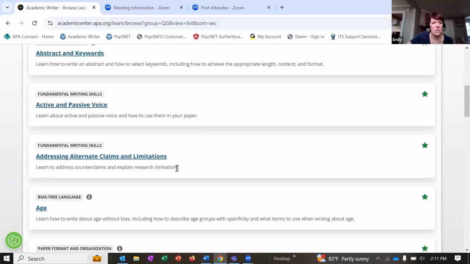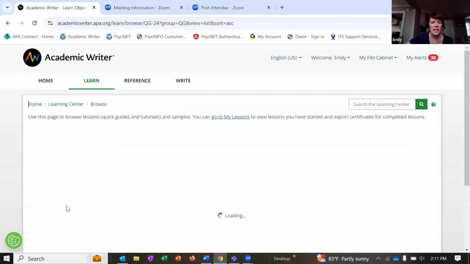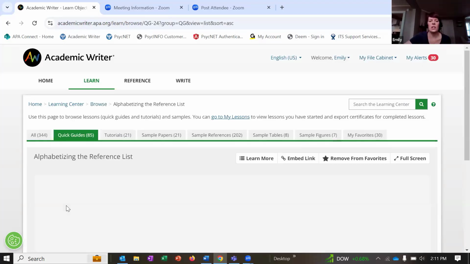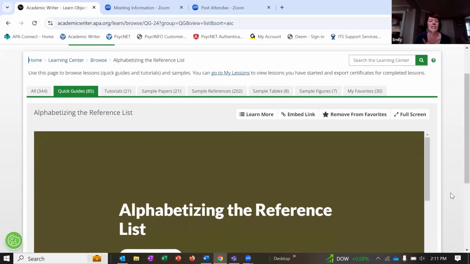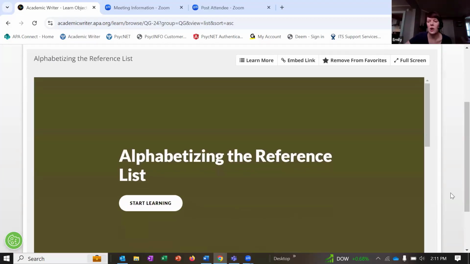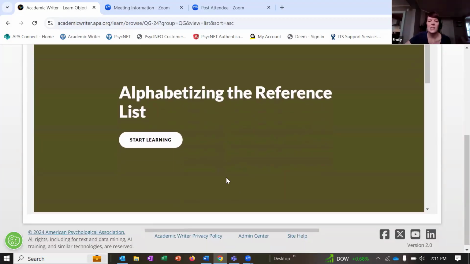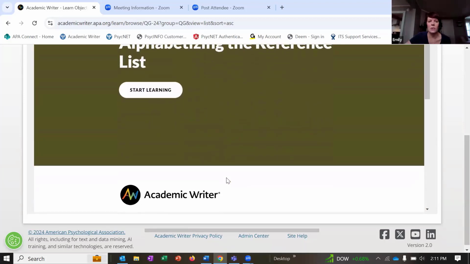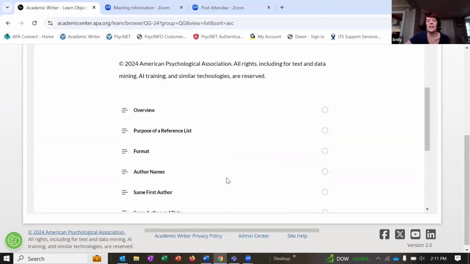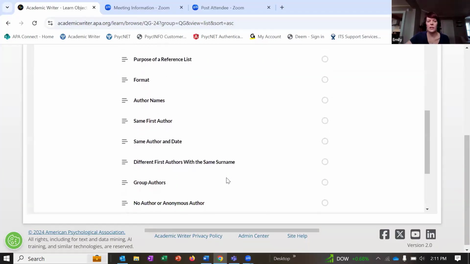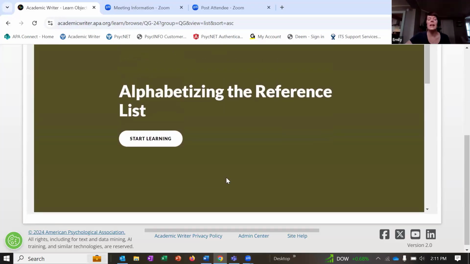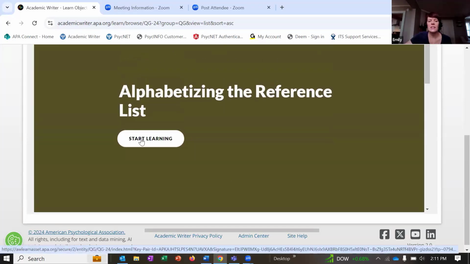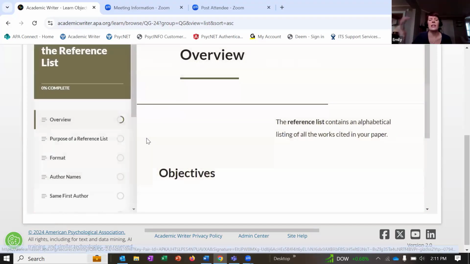But let's pull up one of these lessons and I'll show you how it looks essentially the same, but there are some additions. This is a brand new lesson. I have not touched this one yet, so no progress has been tracked. This all looks the same. We still go into the lesson. The first thing you see is an outline overviewing what's going to be covered within the lesson. Then you can click Start Learning, and this is going to launch you into the lesson.